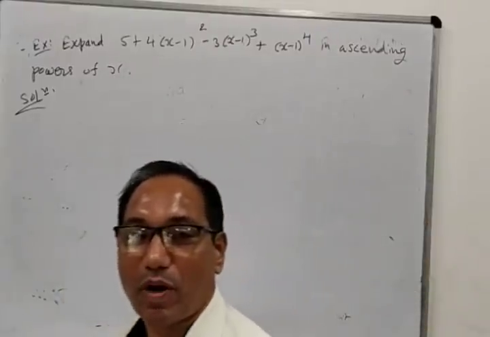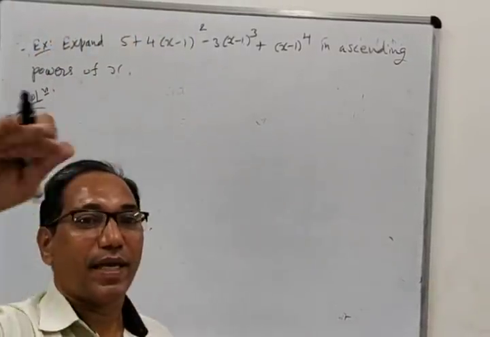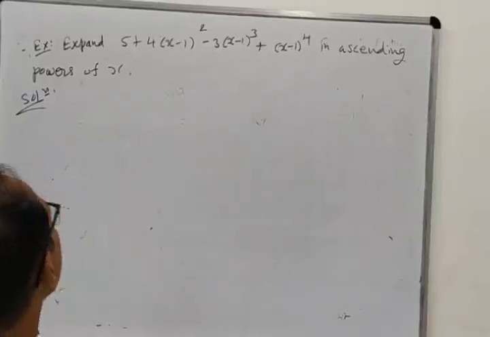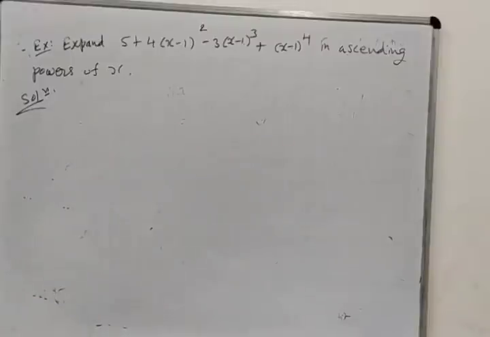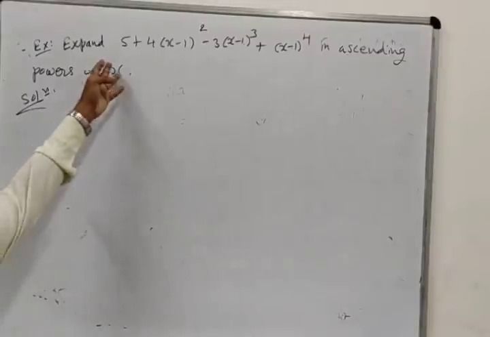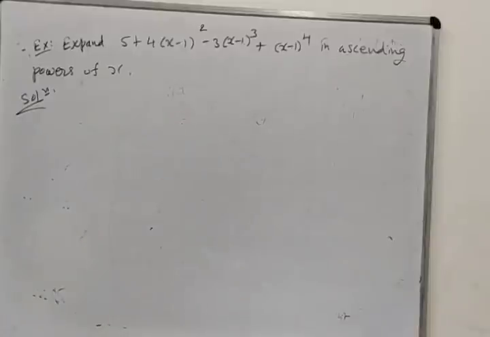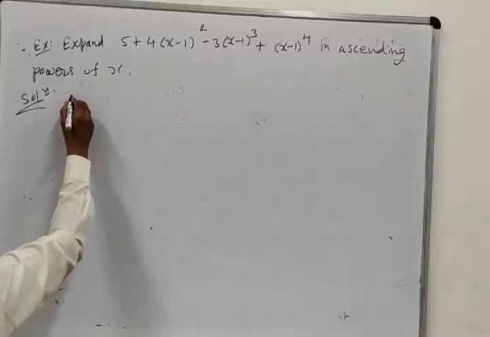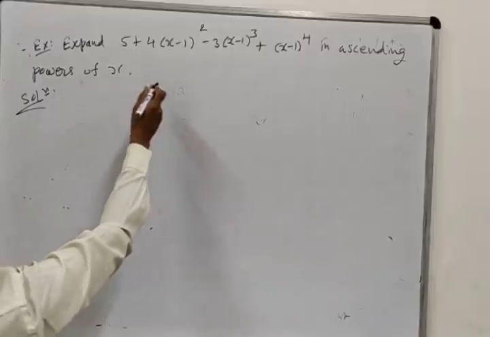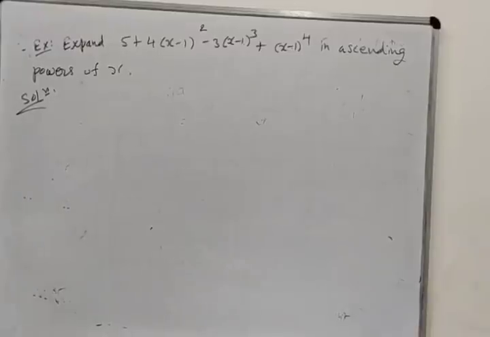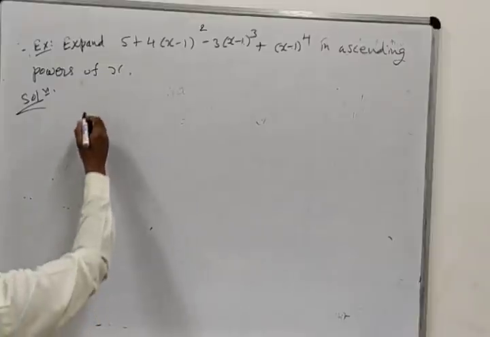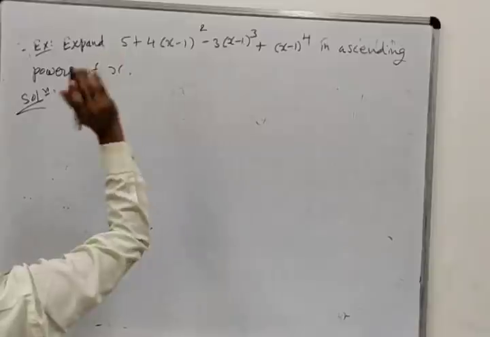Here, ascending powers of x means in the increasing powers of x, that means x, x square, x cube, x raised to 4, like this, whatever it is. It will not go in the form of plus dot dot dot, because an infinite series will not be there, because its derivative will stop after some derivatives. So here we want to find this in powers of x. We will make use of the Maclaurin series, because it is not in the form of f of a plus h, and we can find its derivatives very easily directly also.